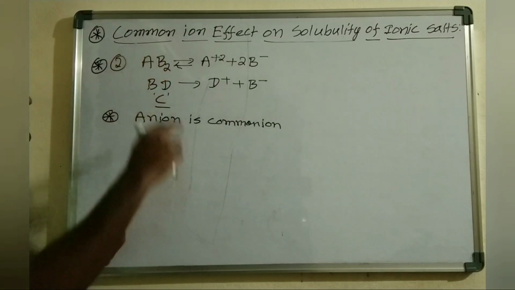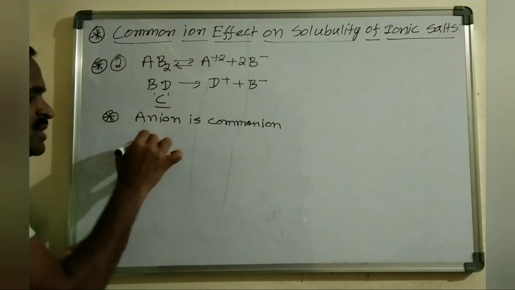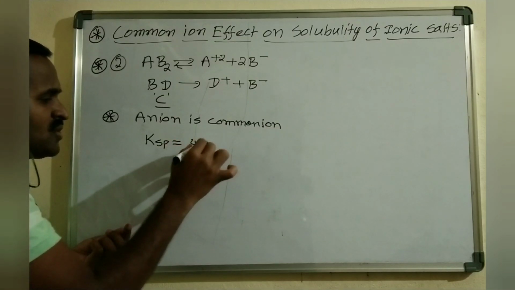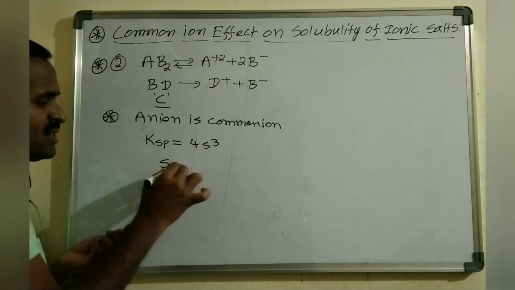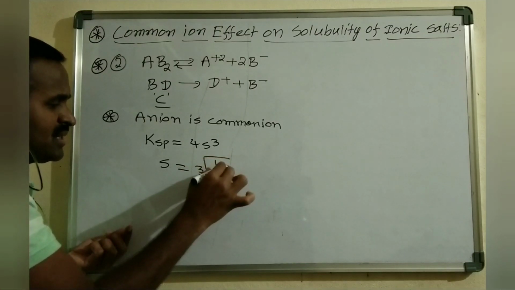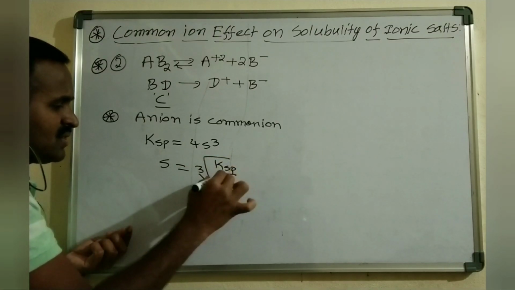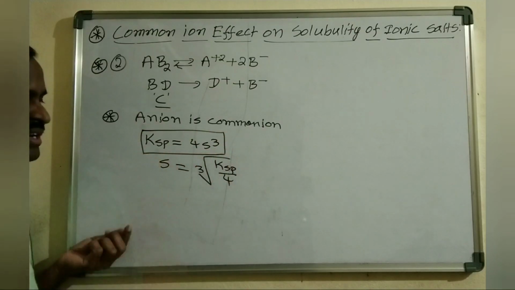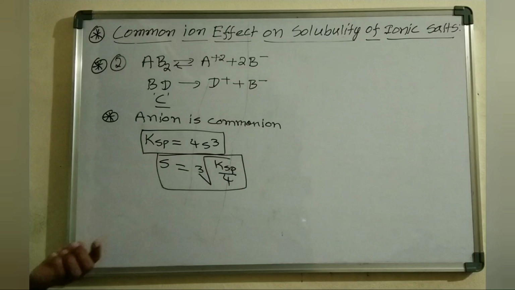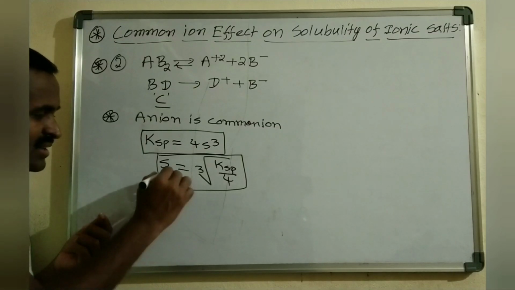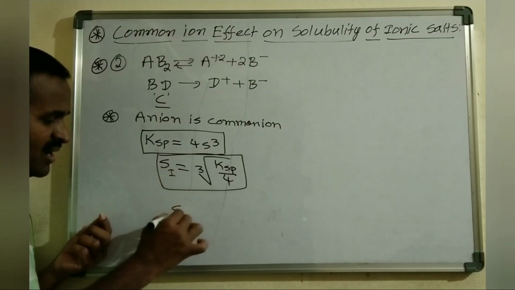Generally for the AB2 type of electrolyte, the solubility product KSP we will write as 4s cube, and its solubility is equal to the cube root of KSP divided by 4. We know that for a sparingly soluble salt, the solubility product is divided by 4. Whenever the anion is a common ion, this is the initial solubility, and a new solubility